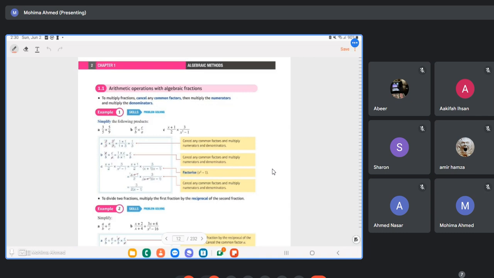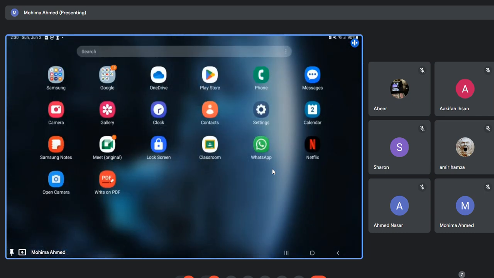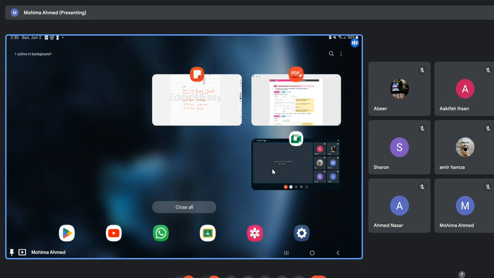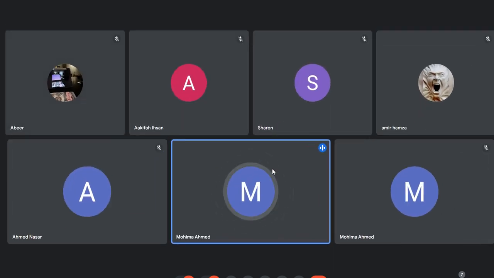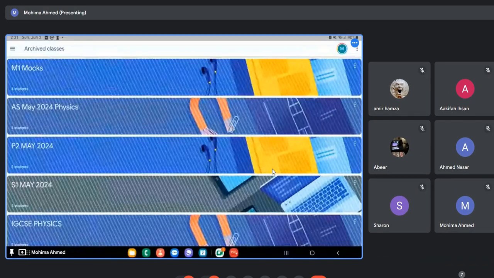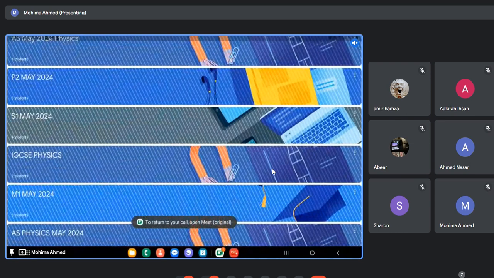Okay. By the way, one thing I forgot to introduce is that we are going to have our classrooms. I archived all my old classrooms because today I was creating space in my classroom. One minute. I'll open one of my archived classrooms so that you can see exactly how our classrooms will be arranged. This is our old classrooms, by the way.